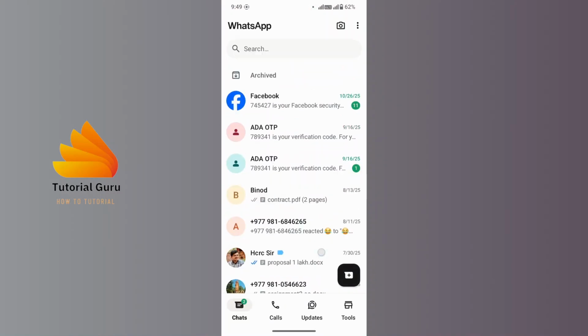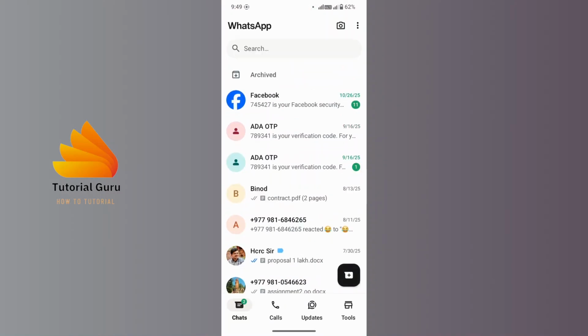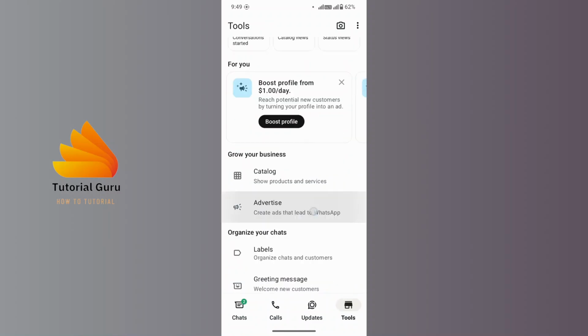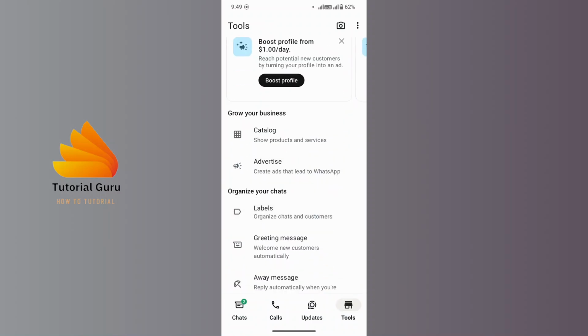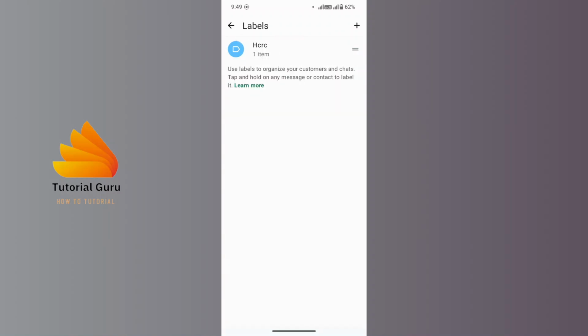And this is the home page or your inbox of your WhatsApp Business. And to see your organized chats, you can simply tap on the tools icon, which is available on the lower corner of the right side. So tap here, then scroll down below, then you will see the option of labels. So tap here, then you will see the